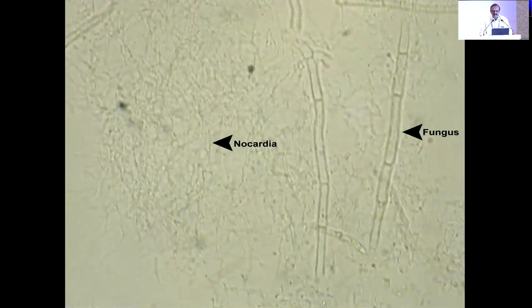As you can see in this, fungus is much broader, something like a sugar cane, while Nocardia is much thinner, like a string, like a vermicelli. So that is the difference between Nocardia and fungus in a KOH. So that is one thing you need to understand, that you can have these kind of things in both these